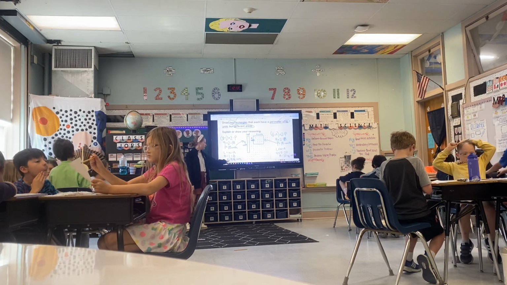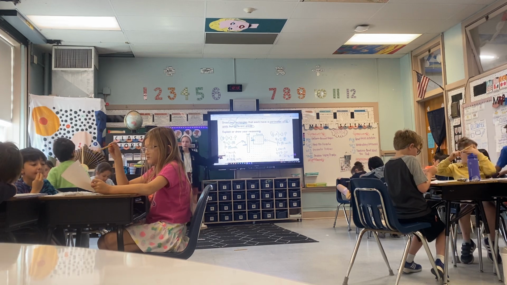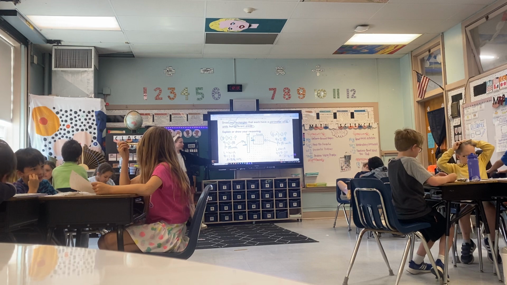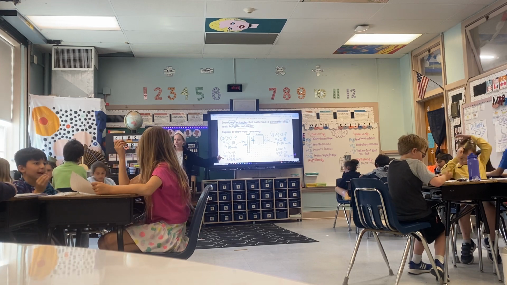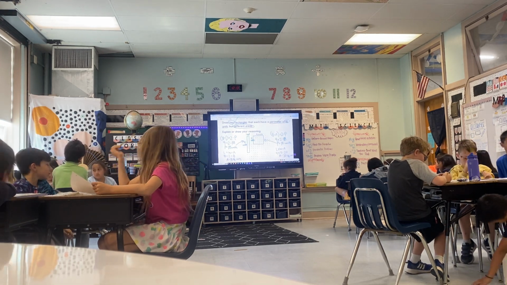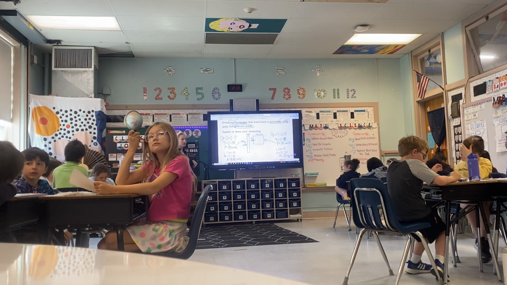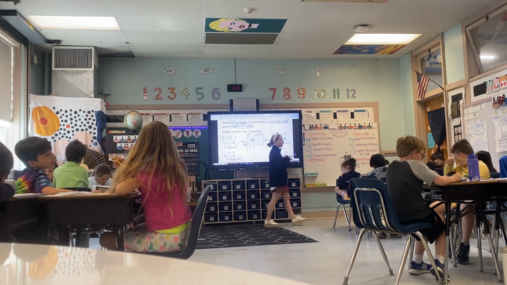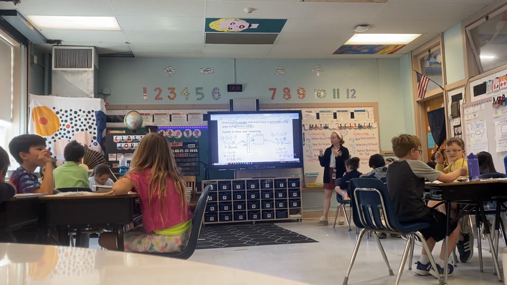But looking at my areas, how do I know that they're different? Because is 8 the same as 20? No. Okay, so they are different. You should be looking to make sure your areas are different. Now these are not the only two rectangles I could have drawn. Let's go through our steps from yesterday of how I could have figured out all of my rectangles possible with